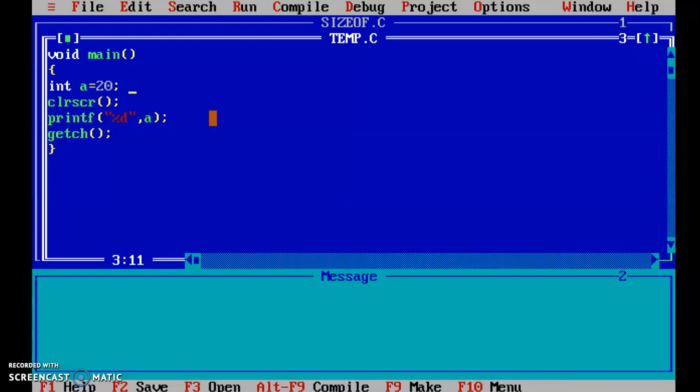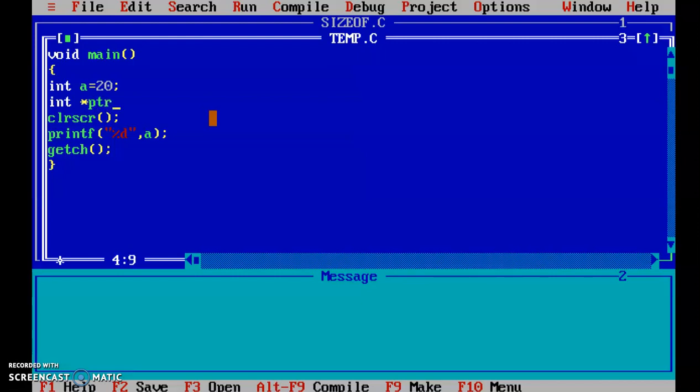Now we need to declare a pointer. So to declare a pointer, I'll declare integer pointer as pointer is represented with the help of star. Before your variable name, you need to put a star. That means that is representing a pointer. And what is the pointer? Pointer can store address of another variable.